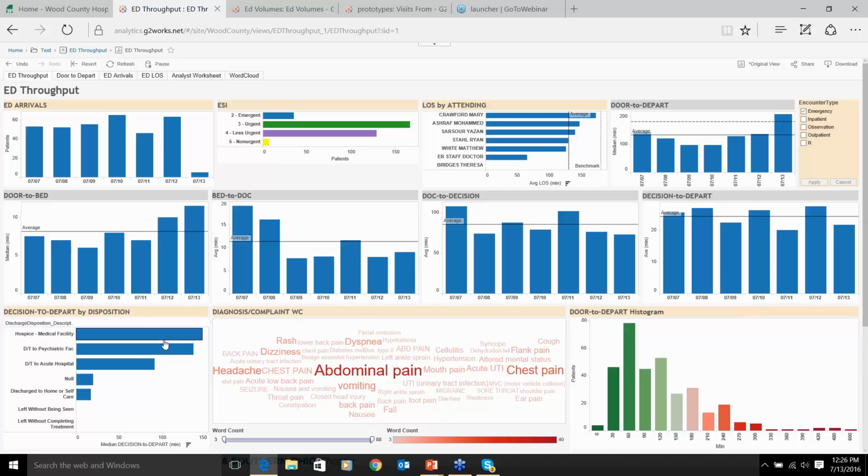Moving on then, decision to depart by disposition. This will show you where all of your patients for that 7 days went from our ER. Diagnosis and complaint. This is the word cloud that Mark was referring to previously. So for the 7 days that we are representing on this dashboard, abdominal pain is our biggest complaint, followed by